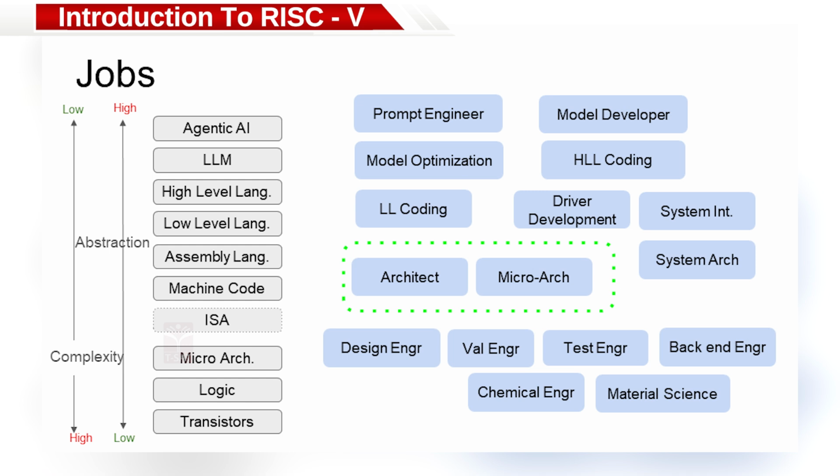Then let's go to the one in the middle. This is where most of you will be. If you're a VLSI engineer, these four are probably where most of the jobs will be. In the front end, you'll be either a design engineer or a validation engineer, or if we go a little bit towards the back end of the process, either a test engineer or the entire back end. Once you do RTL, you need to turn it into a layout and all that. This is where the majority of the jobs are. But if you go up a little bit higher, these two, what I'm calling architect and micro architecture,